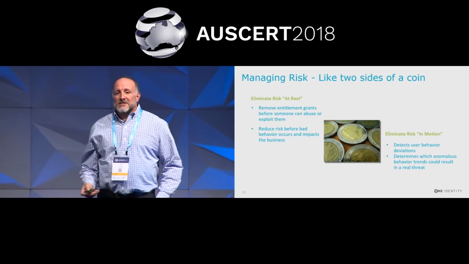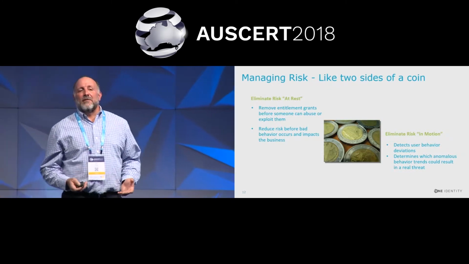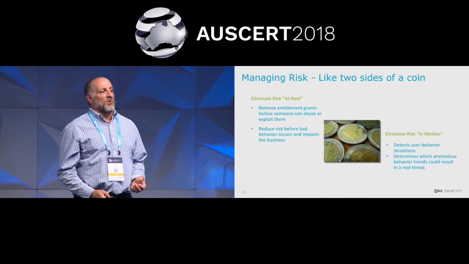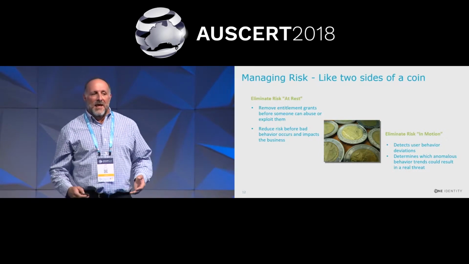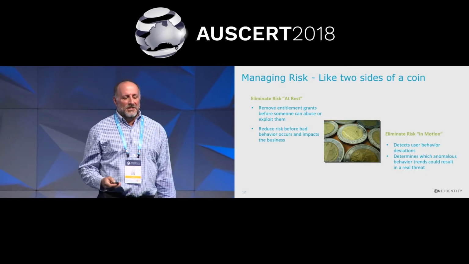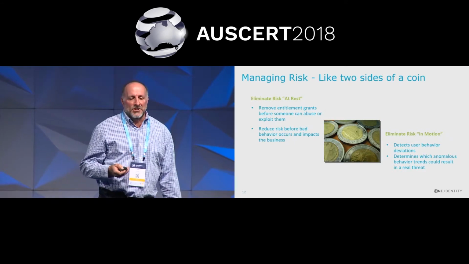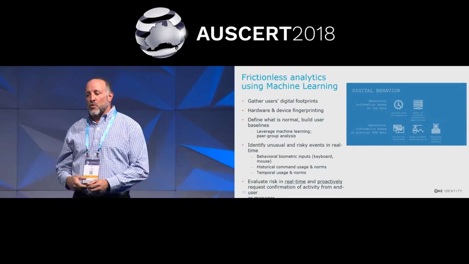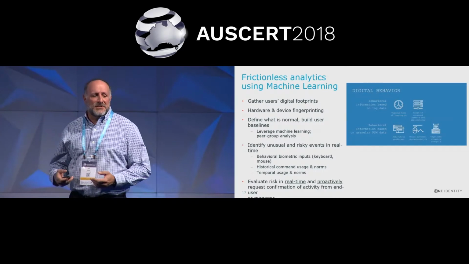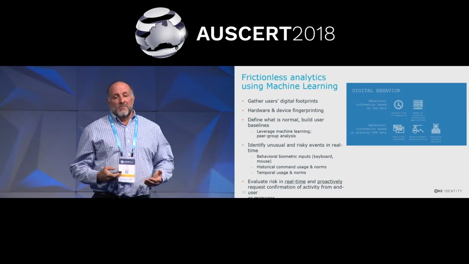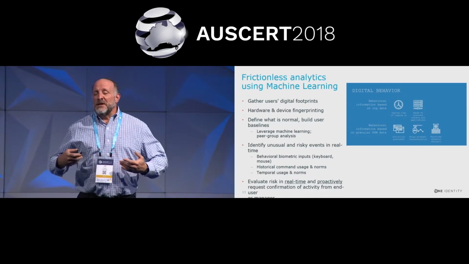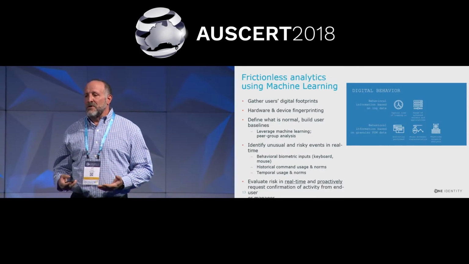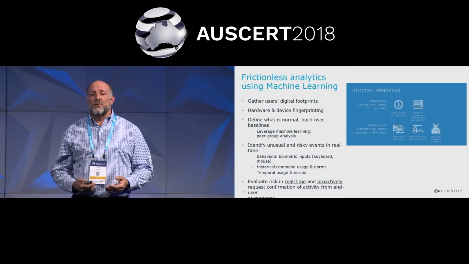So managing risk, as I said, there's eliminate risk at rest. That's by using the identity analytics and seeing who has privileges that they no longer need or that they've gotten in a manner that they shouldn't have, and then eliminate risk in motion. The risk in motion is the behavioral analytics and being able to respond in real time towards things that you see. So we're doing a lot right now with behavior analytics, and because we're proxying you through a session, we have the entire protocol stream going through there. We can see what they're actually doing, and we can